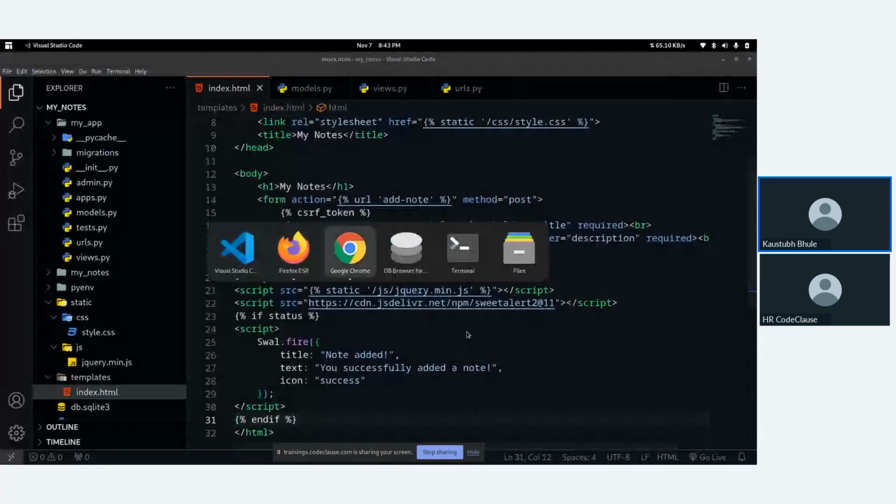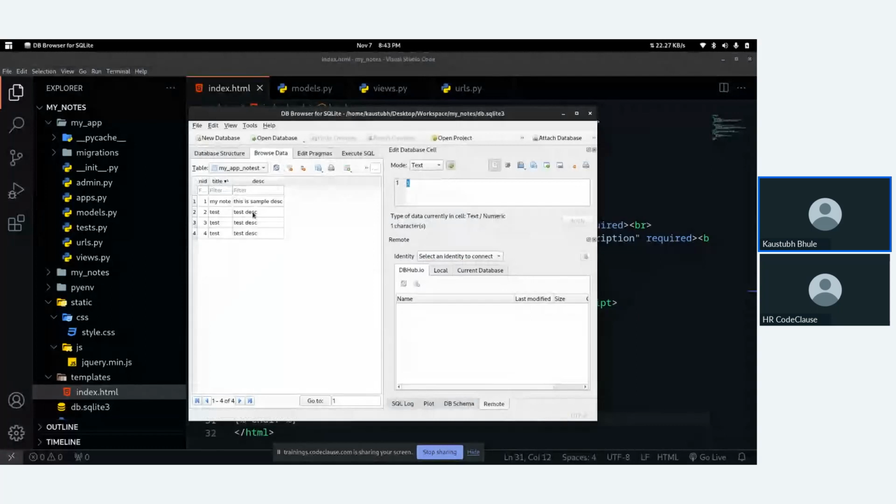Okay, and if you check our database and let's refresh it. As we have sent this request multiple times, we got three notes. Fine.